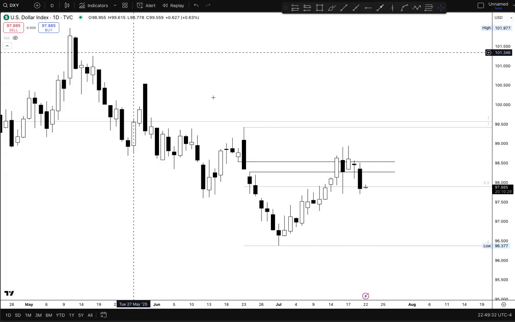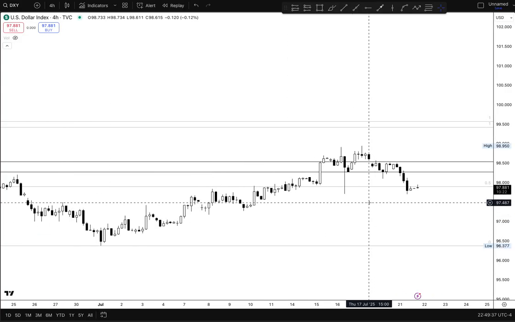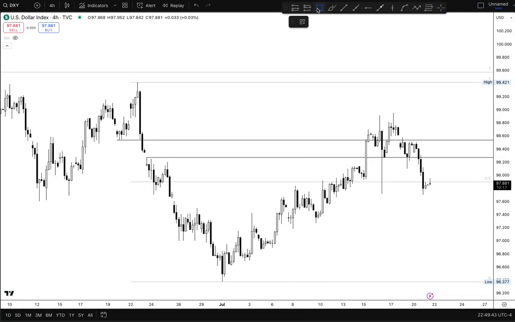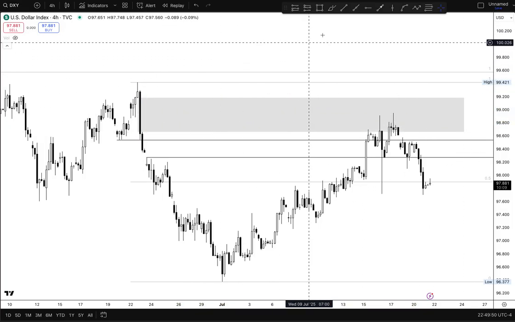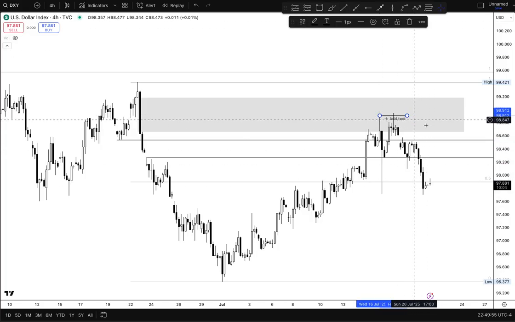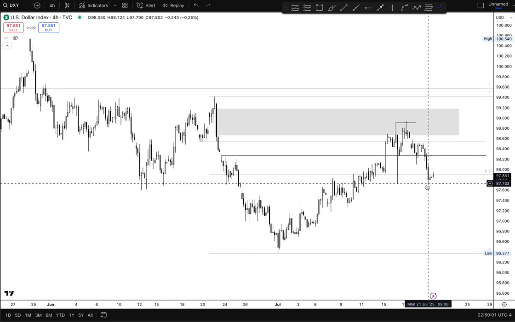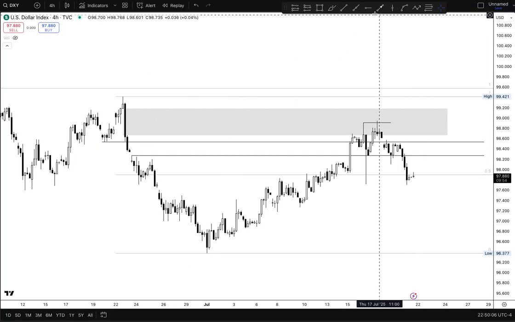day here on Monday, and then if we zoom in a little bit onto the 4-hour time frame, you can see we traded higher and we basically tagged this 4-hour fair value gap here, and then we have rejected this level so far. So currently this structure here on the H4 time frame has shifted bearish, and I want to see how we react,